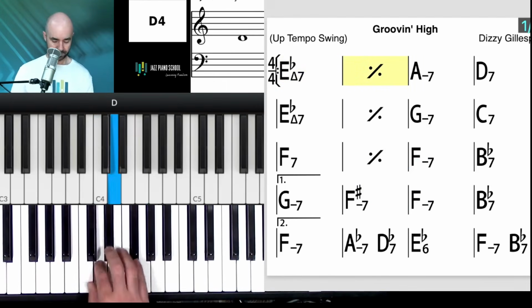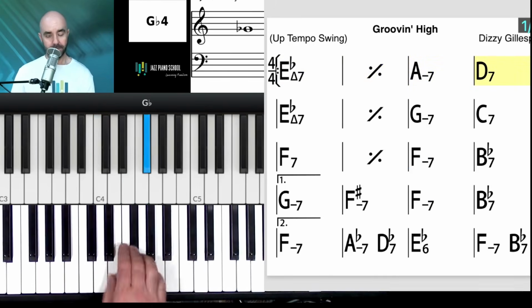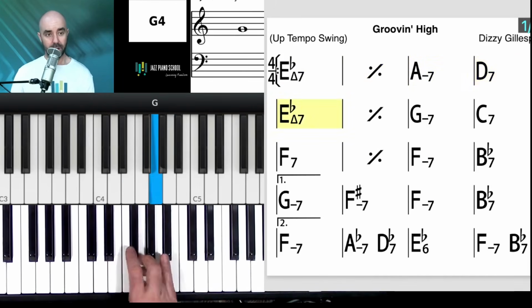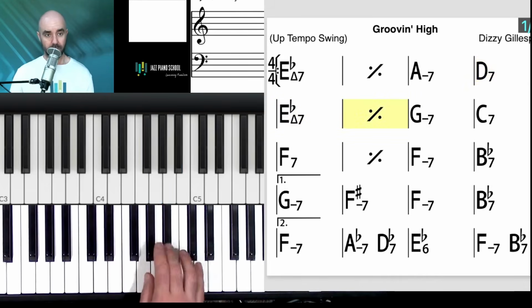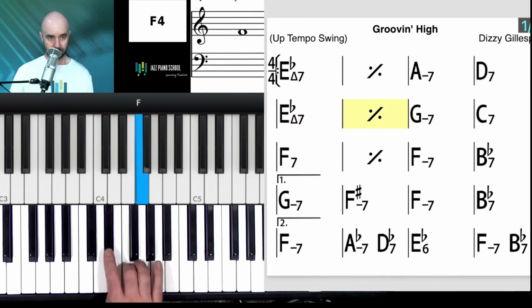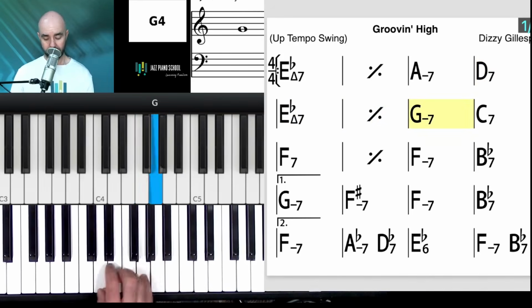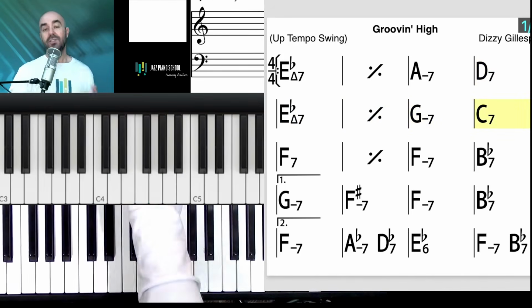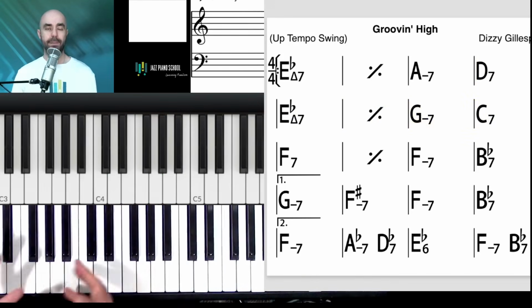Root. Third. Third. Third. Fifth. Fifth, third. So as I move through my improv,